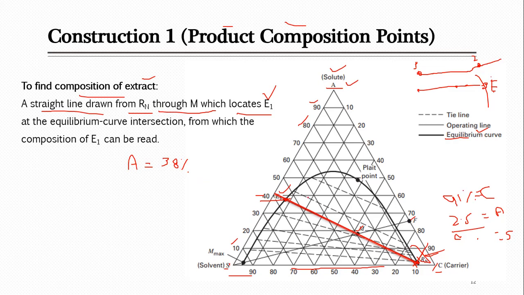Now we have to find the next one, and that's actually the carrier or solvent, maybe you can say, because this will be the extract and that will be solvent rich. You can see here the solvent is 100. So overall you can see A is 38%. Now next you have to look for the solvent, which is 100% at this corner, and you see its value is decreasing. When you reach here, the line close to our point is between 60 and 50. You see this is the 60 line and the other line is the 50 line. This point is exactly in between, so let's take it as 55%.